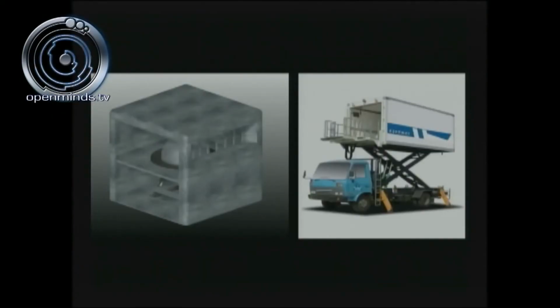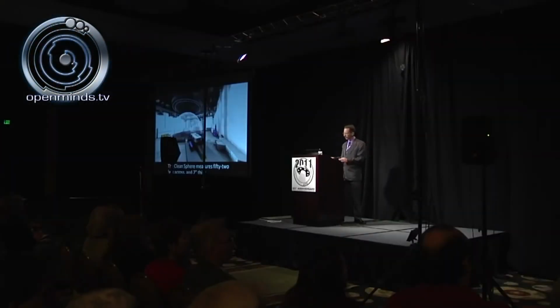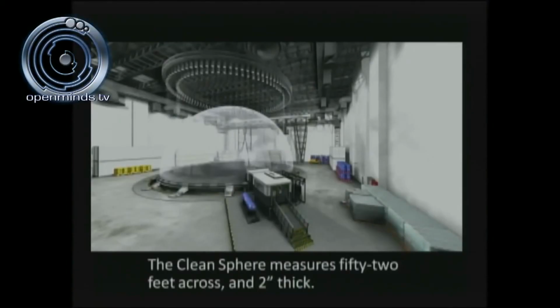Here you see the SolidWorks rendering of the clean sphere device and then the scissor lift, almost identical to what you would see at your local airport with these concession trucks that bring this box up to the 747 cargo bay and then bring in the meals. That's the same type configuration that you would see at the bottom of 4-5. Here's the rendering of what the clean sphere actually looked like. It was 52 feet across. The plexiglass clear bubble was 2 inches thick. Think about the manufacturing that had to take place to get that there. Just an incredible level of engineering.